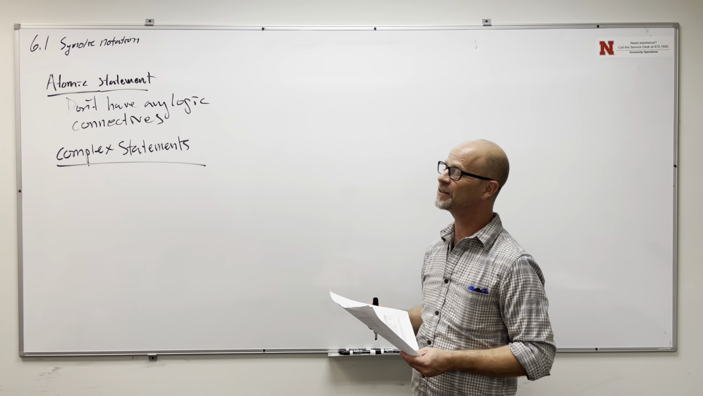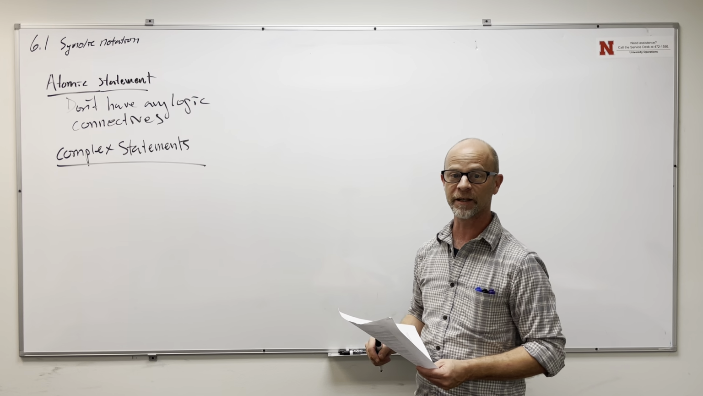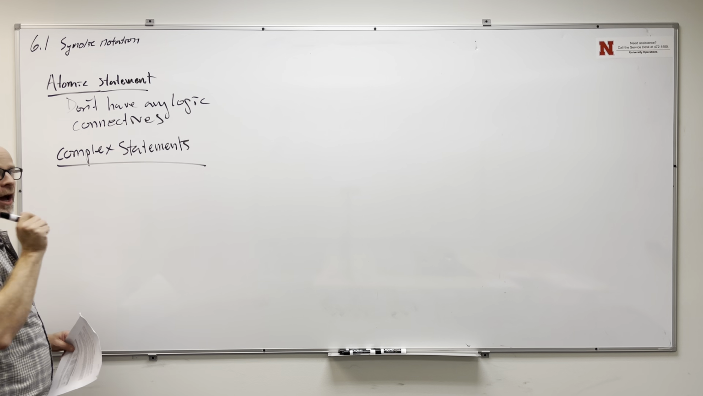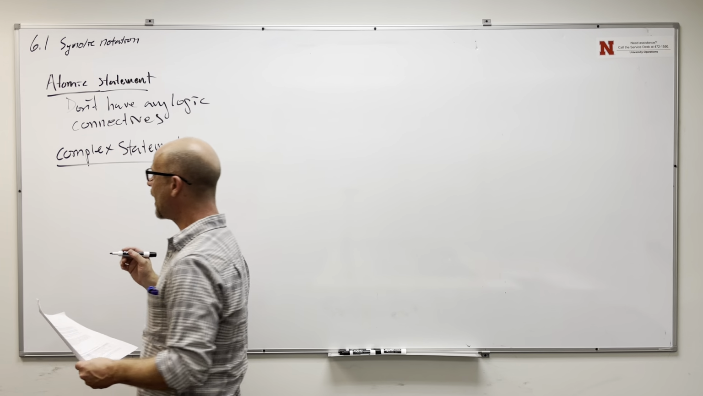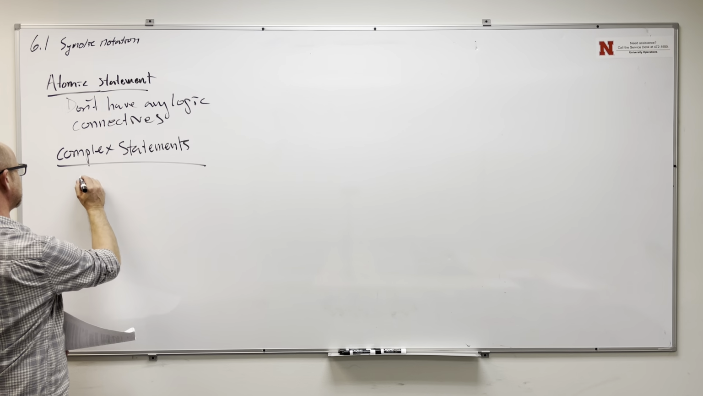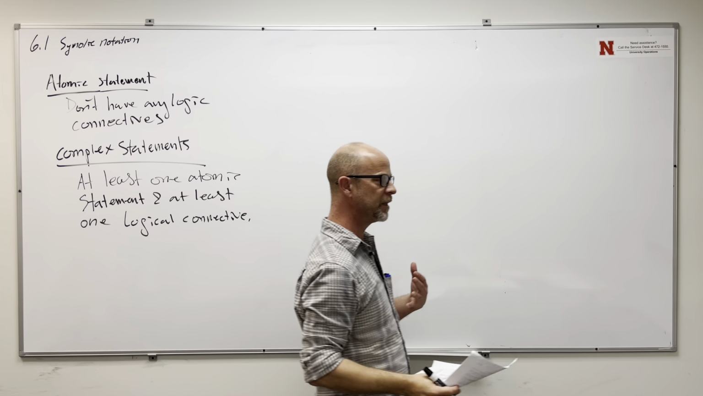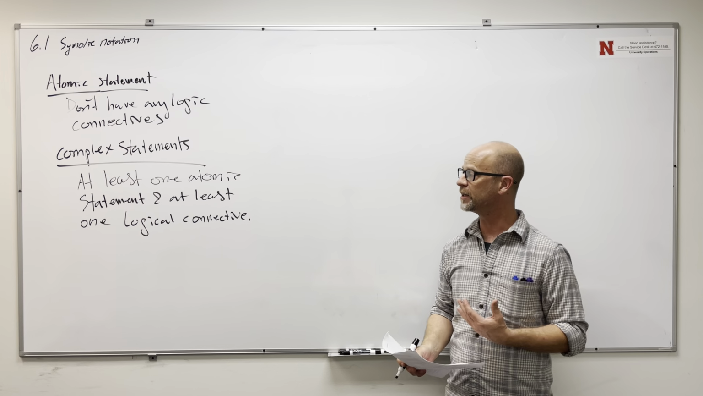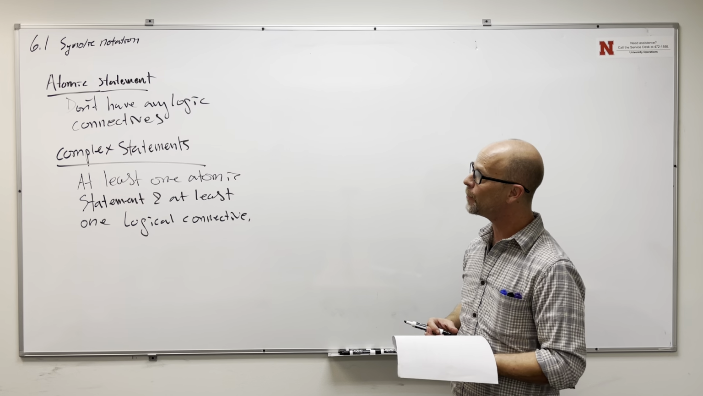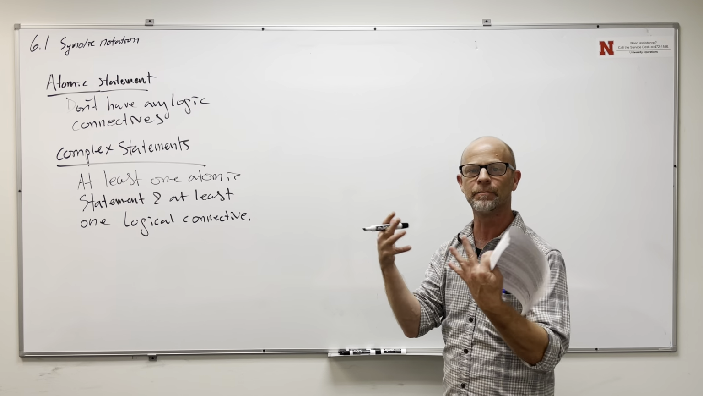And those multiple atomic statements will be logically connected with one of our logical connectives. Right, so we've got to have at least one atomic statement, and there has to be at least one of the logical connectives. Right, so you can think of these compound or complex statements as being made up of or composed out of both the atomic statements that we have, as well as the logical connectives that literally combine them together or connect